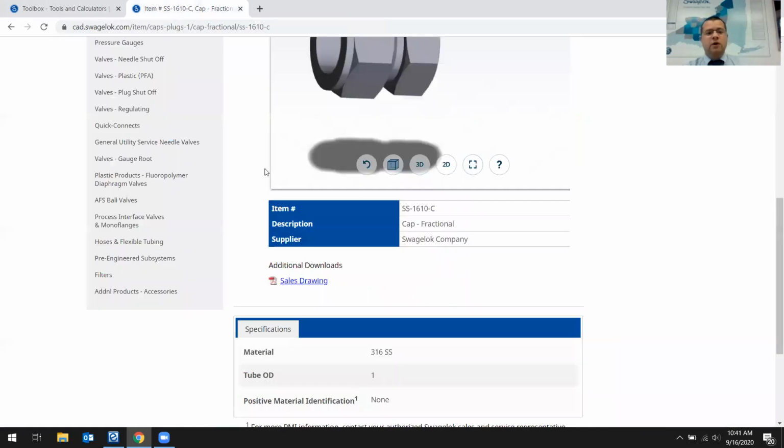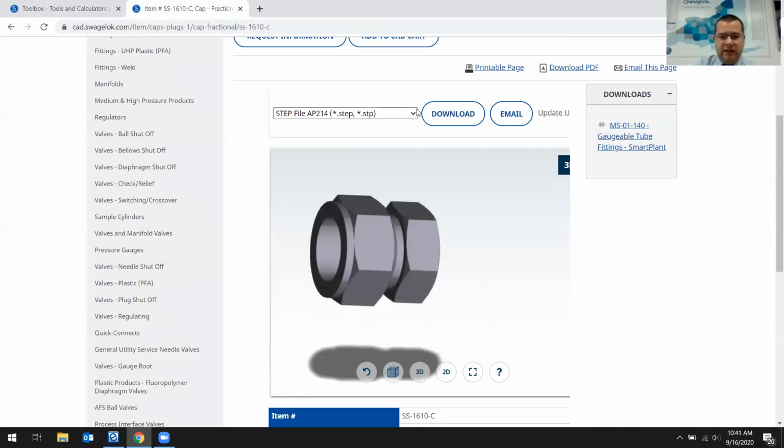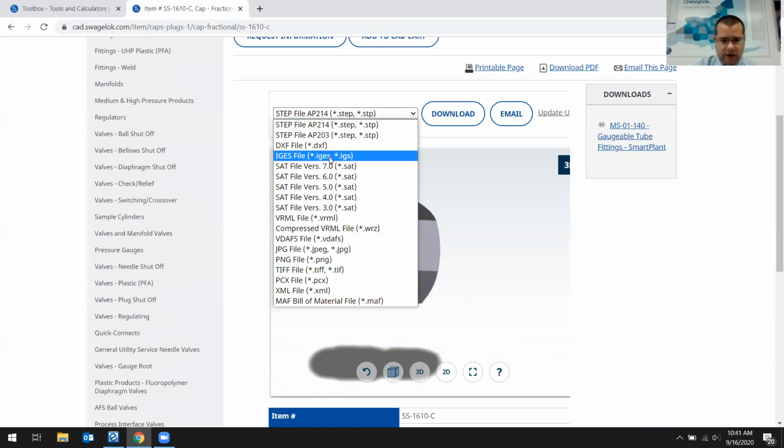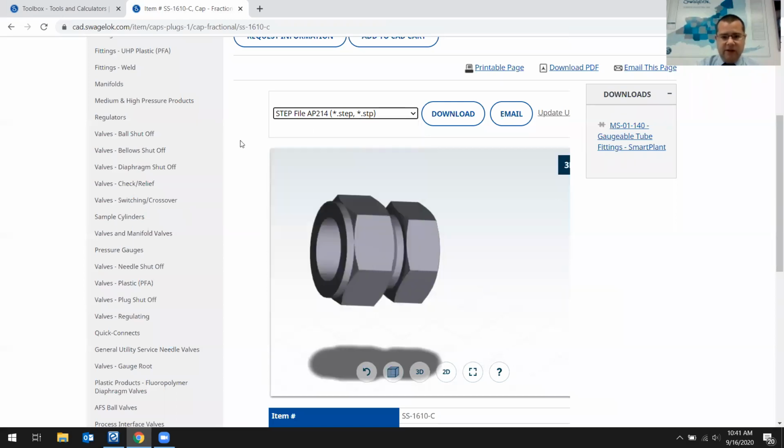So I can close these out. If you're going to download into 3D, there are a ton of different options, a ton of different formats, and it's really going to depend on what your drawing medium is. Since we internally use SolidWorks, most of the files that I save are going to be a step file. I save them as 214 because it's 11 better than 203. I've had success using these step files, so it gives you the opportunity to download one piece at a time,